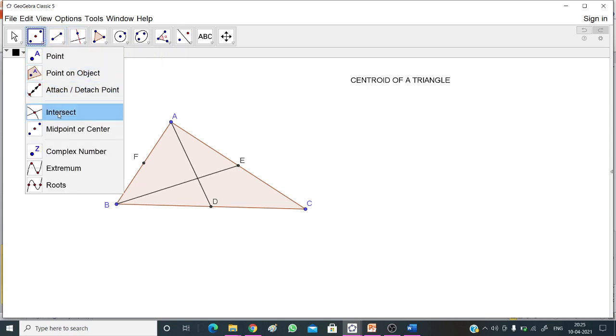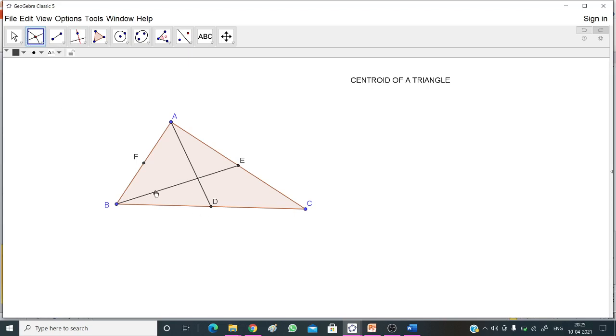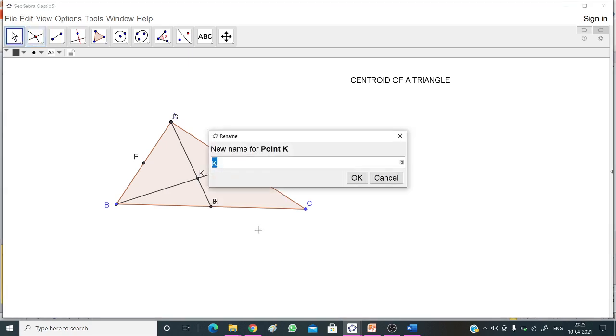Now find the intersecting point, click on BE and AD. Now this point, we have to show that this is G. So now change the name, this is G.